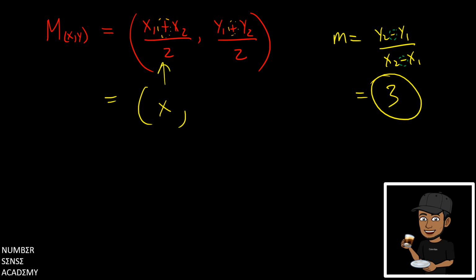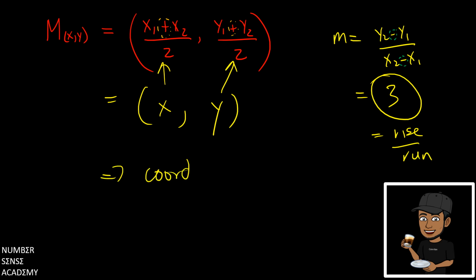So this is going to pertain to the x value of the coordinate, and the y computation, y1 plus y2, will pertain to the y value of the coordinate. Slope gives you a value. That's rise over run. Midpoint gives you a coordinate. You could locate the midpoint. And these two are going to work in tandem to help you find